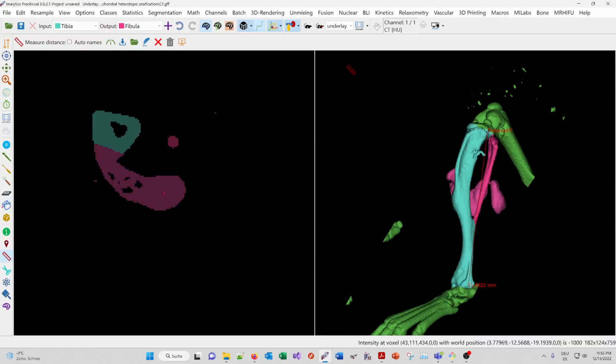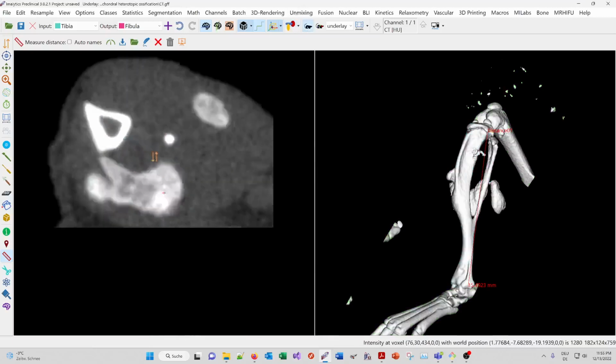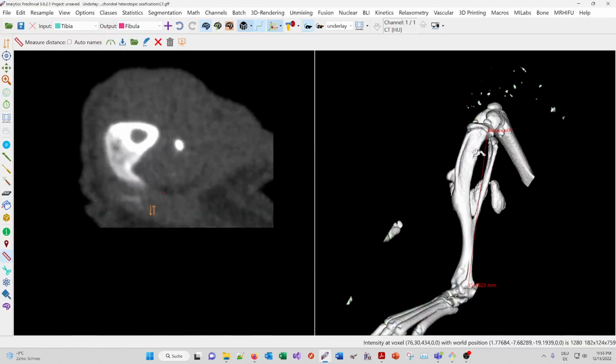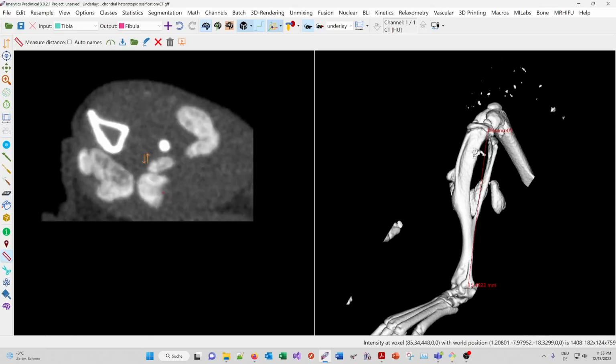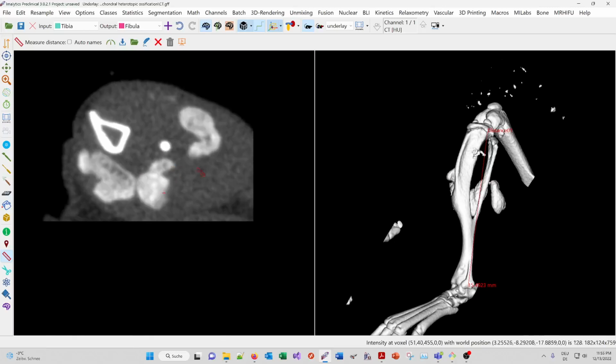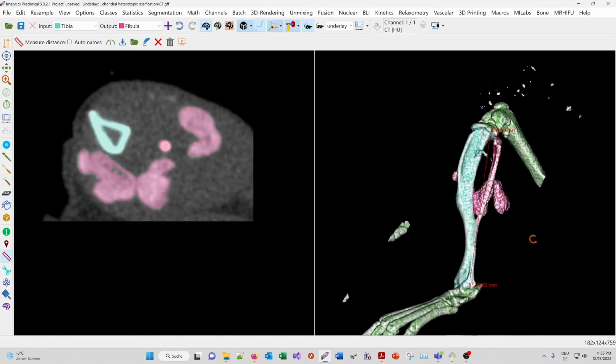And you can see that in the CT also. It's less bright. That might be helpful, but I'm not sure if that is really a reliable method to separate it.